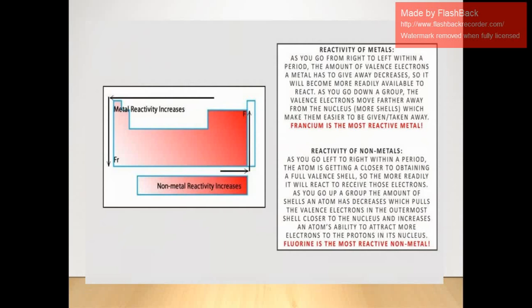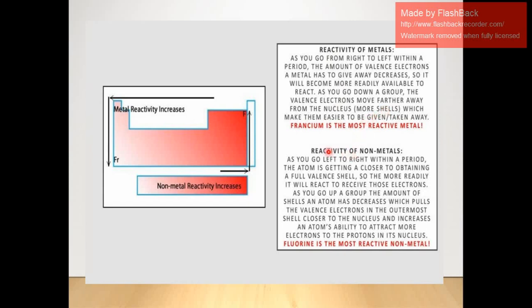Variations of chemical reactivity in a group. When we talk about the variations of chemical reactivity in a group, we talk about the metals and non-metals separately. First, I will discuss the reactivity of metals in a group. The chemical reactivity of metals increases from top to bottom in a group. The reason being that the chemical reactivity of metals depends upon their tendency to lose electrons. So as we move down the group, the tendency to lose electrons increases due to an increase in atomic size, and hence the chemical reactivity increases.